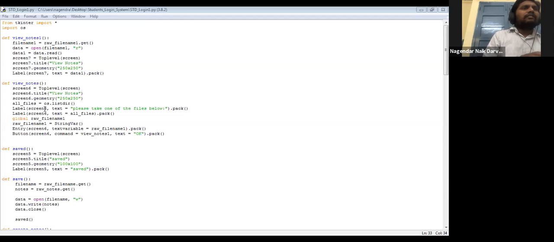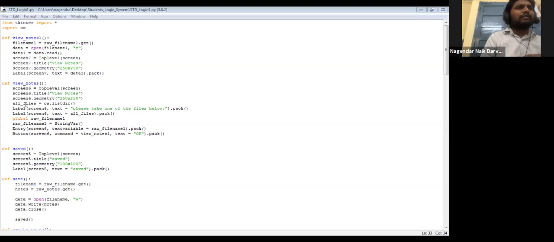Now here we need to see text on the window, because whatever files are there in that directory, all the files need to be shown to you. It will be visible to you. Among those files, you need to select one file. So we need to say here, please take one of the files below. All these files mean it is accessing the complete list of files of the directory of the operating system.